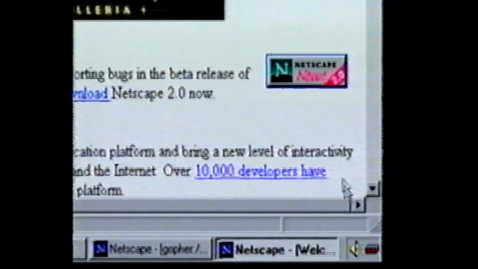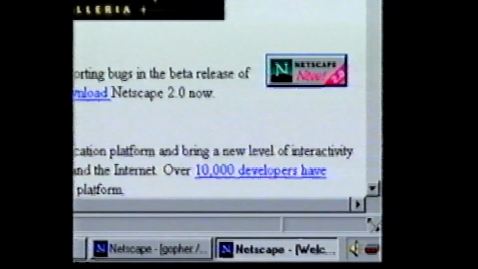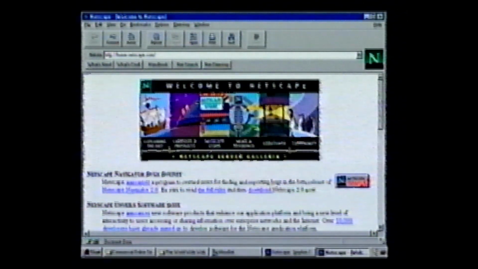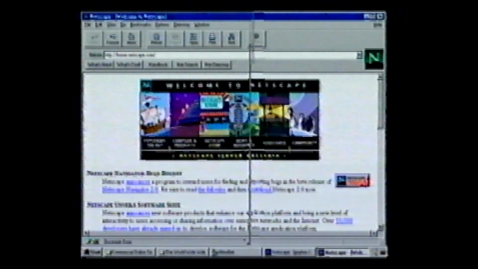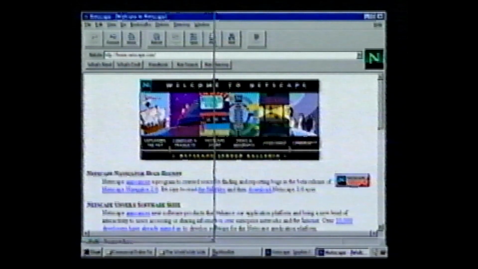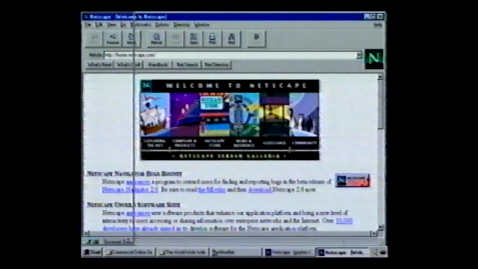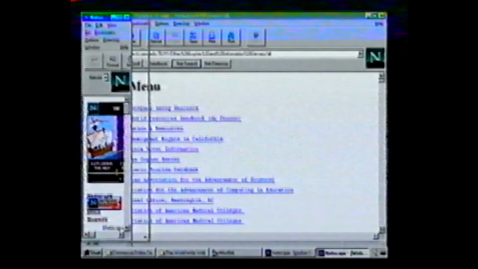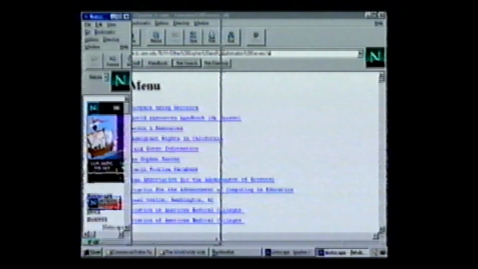I need to view them both, so I move my mouse pointer to the bottom right corner of my new browser window. Click and hold the left mouse button and drag to resize the window to fit roughly half the screen. Notice that as the window gets smaller, some of the toolbars disappear. But no matter how small the window gets, I can always see all of the menu bar options.